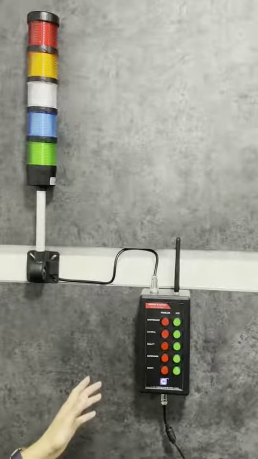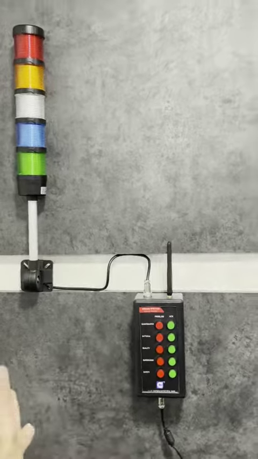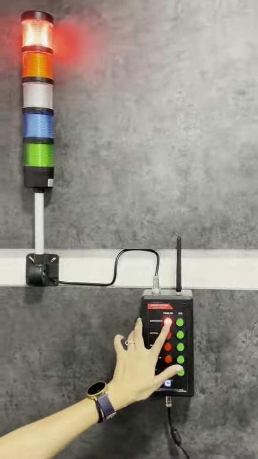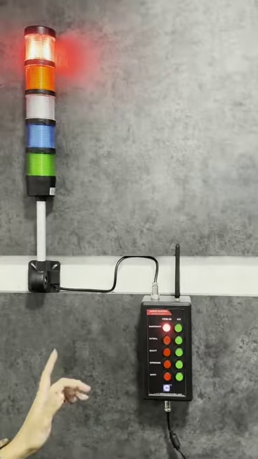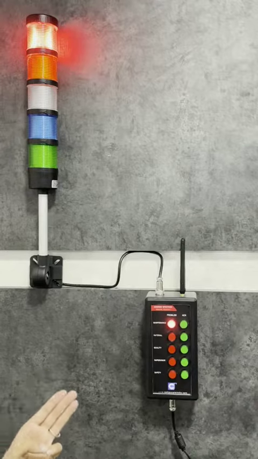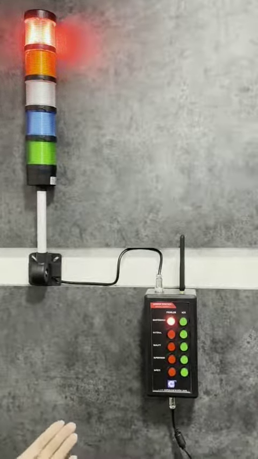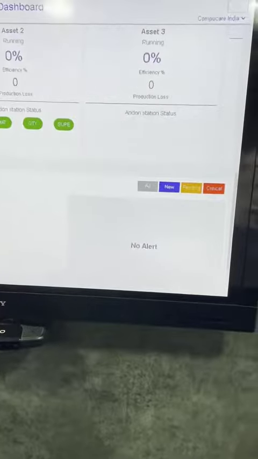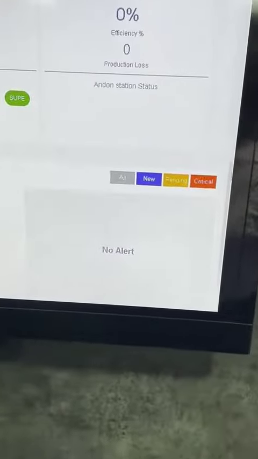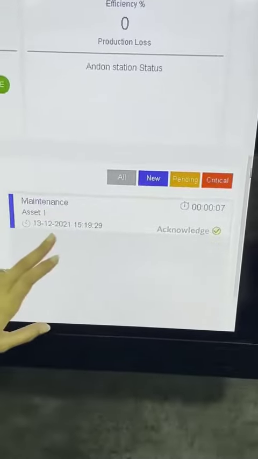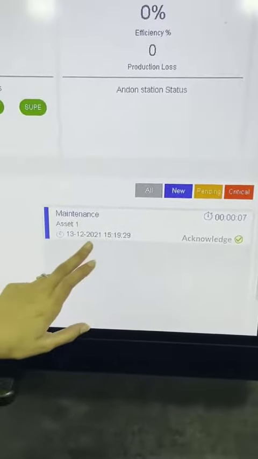So when the production line faces a problem, the person at the line will raise the defined problem by pressing the problem button. The alert will be sent to the concerned department through email, SMS or alarm alert. They will also receive the alert on the FEMES dashboard. The problem button is now raised and the FEMES dashboard will appear like this. This is the live dashboard of FEMES, and now as you can see, the raised problem has been updated in